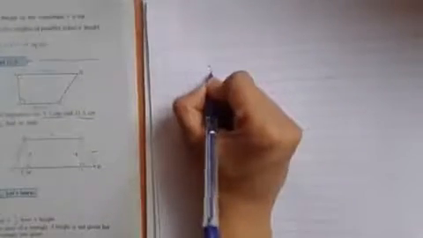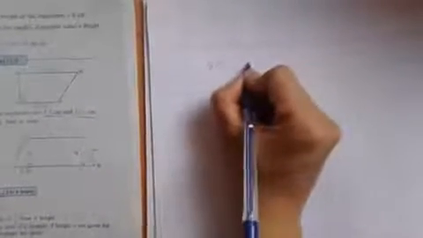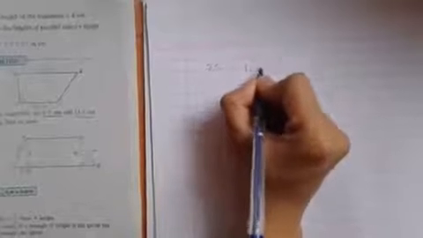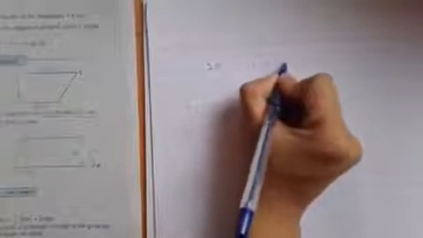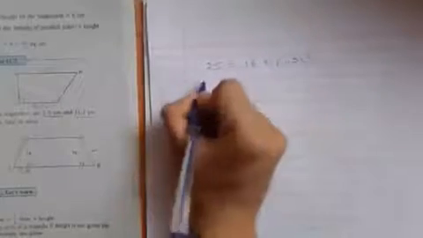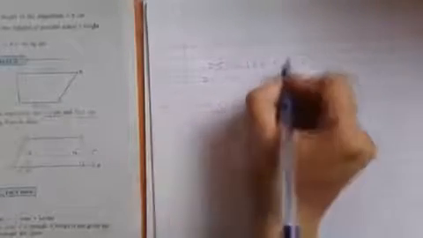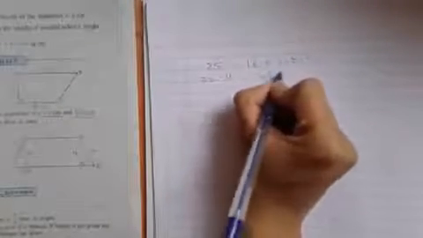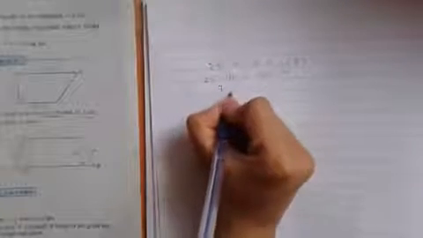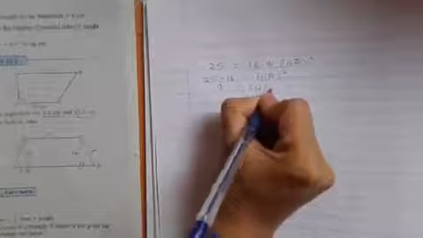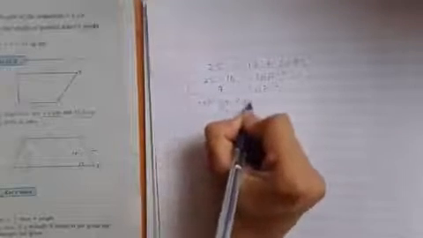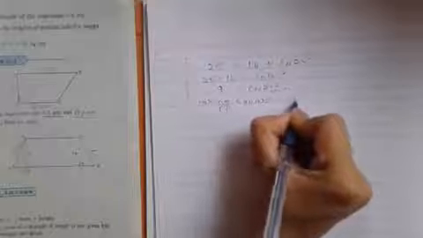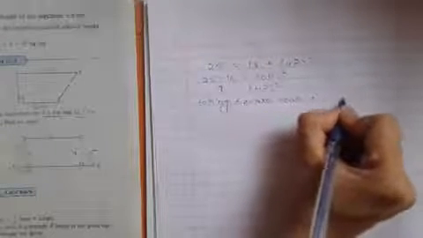So, what is 5 square? It is 25, which is equal to 16. Why 16? Because it was 4 square. So 4 square, 16, plus NR the whole square. So tell me, 25 minus 16 is equal to NR the whole square. What is 25 minus 16? Tell me everyone. Yes, it is 9, which is equal to NR the whole square. Now, can we take the square root? So, taking the square root on both the sides.